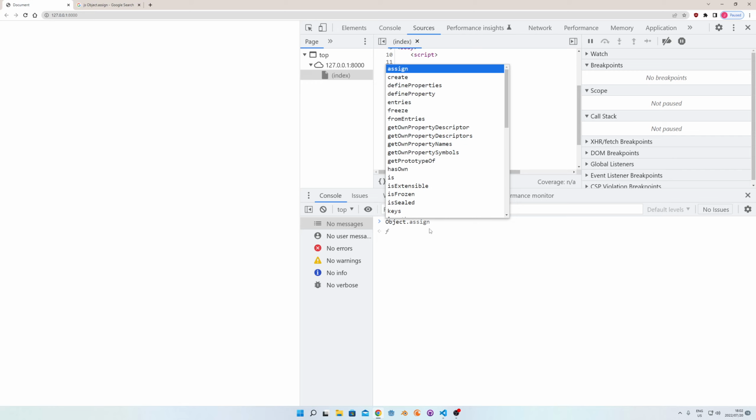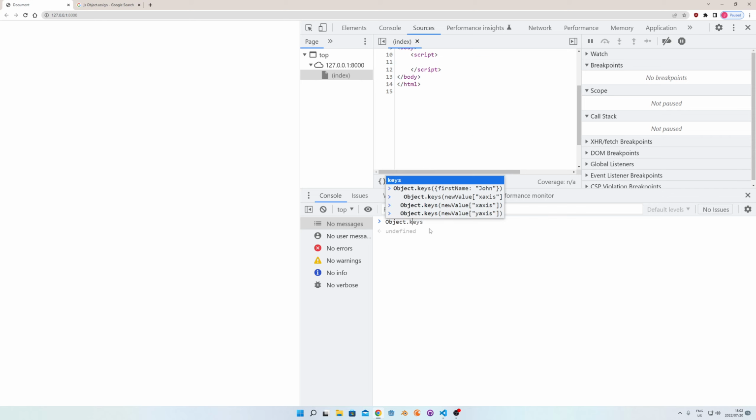One of the most common things that you want to be able to do is to try and figure out what properties are actually on an object currently. So to get that, you can use Object.keys. Because an object works the same way as a dictionary does, keys in this sense actually means the properties on an object. So if I send in an object here, there's an empty object and I have a